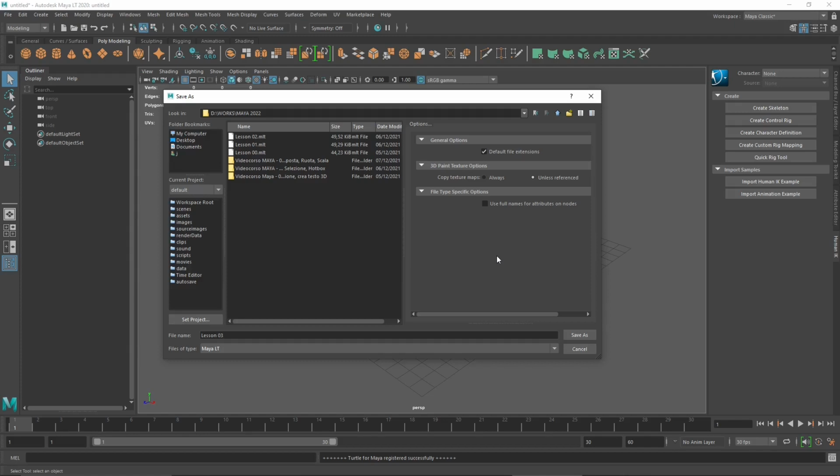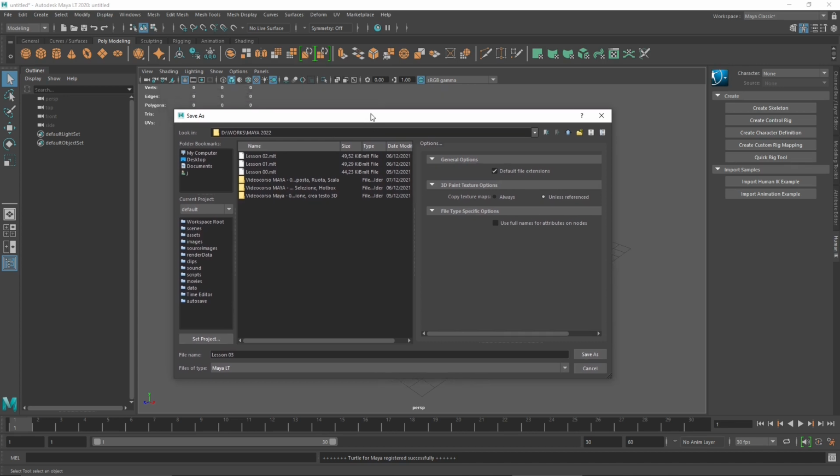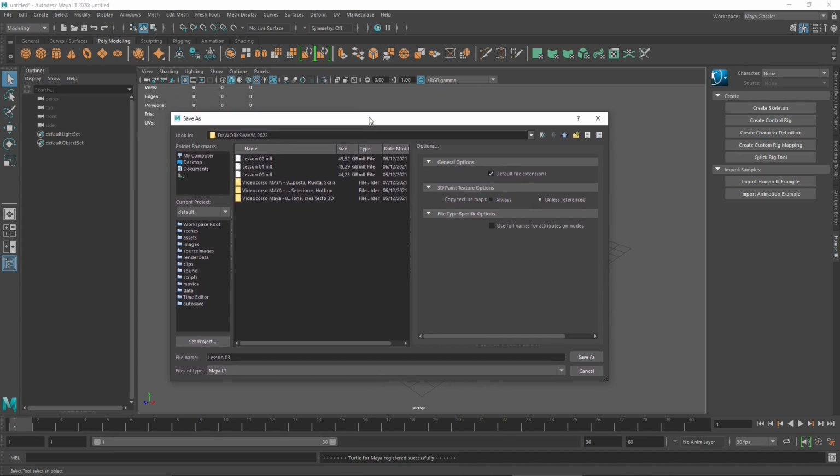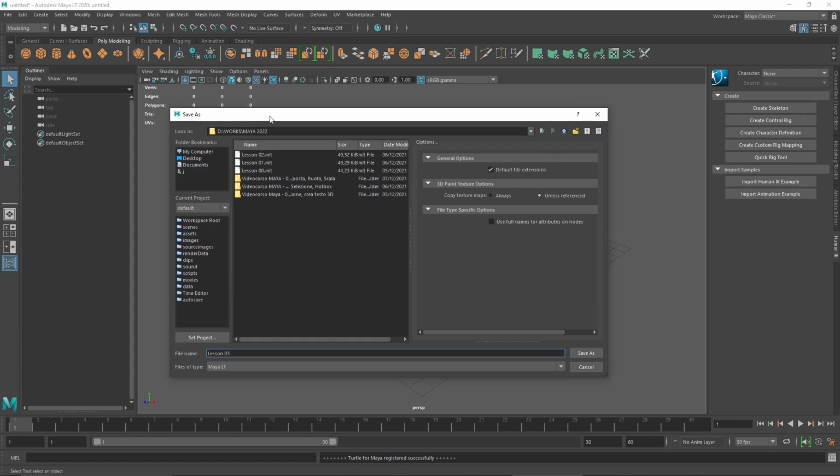In this video, we're going to continue to talk about the basics of Maya, and we're going to start with something real simple, which is the difference between what a scene file is and what a project is. And we're going to see how we can use this little window here to manage and organize our project or our files. So we're going to start with something simple as usual, and then we're going to move on to